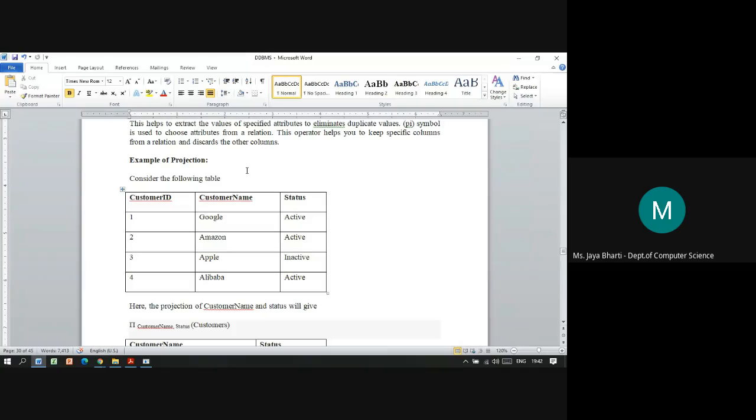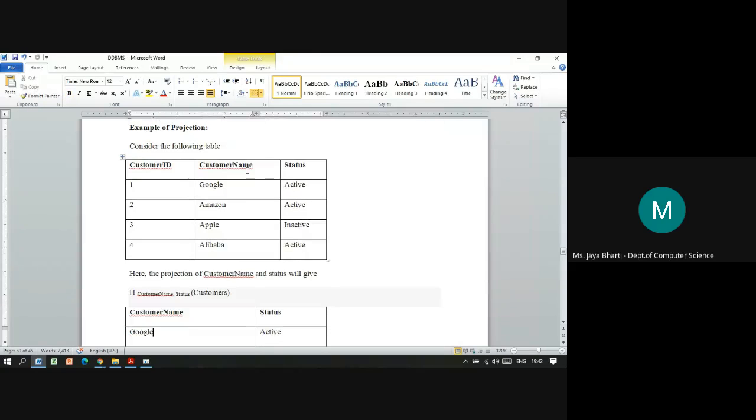Now here they have given the example for the projection. The table has the fields customer ID, customer name and status.